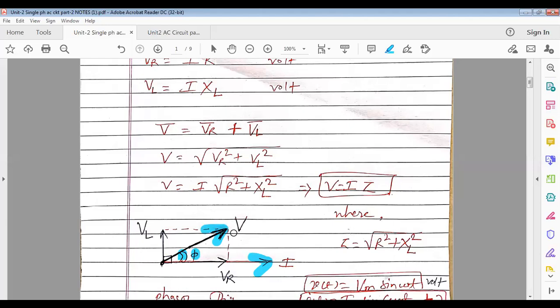Now if you observe the phasor diagram, what can you find here? Does total current lead total voltage, or does total current lag total voltage? Total current lags total voltage. Correct, whatever you told is correct. Total current lags total voltage. Lagging parameter we measure in clockwise direction. So current is in clockwise direction with reference to voltage. So total current is lagging total voltage, and obviously it will lag.